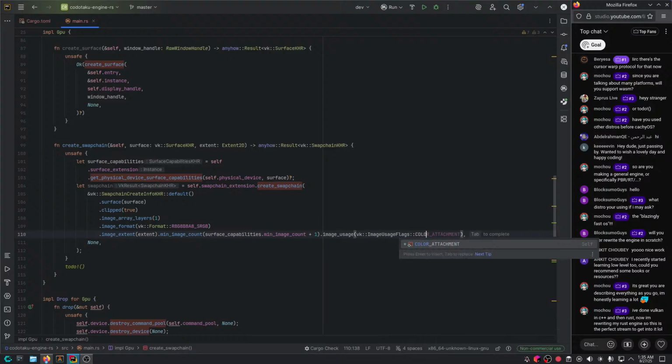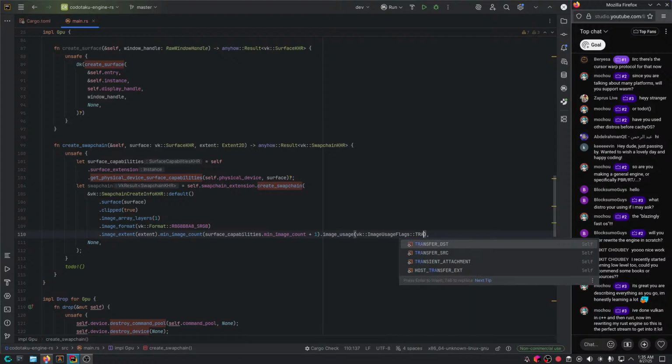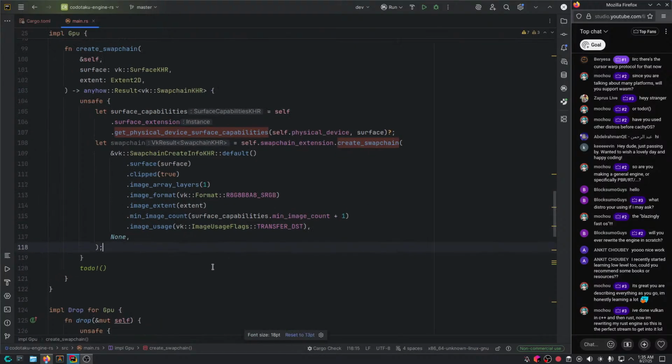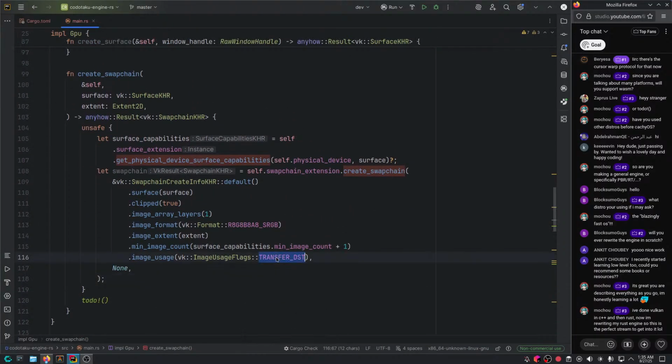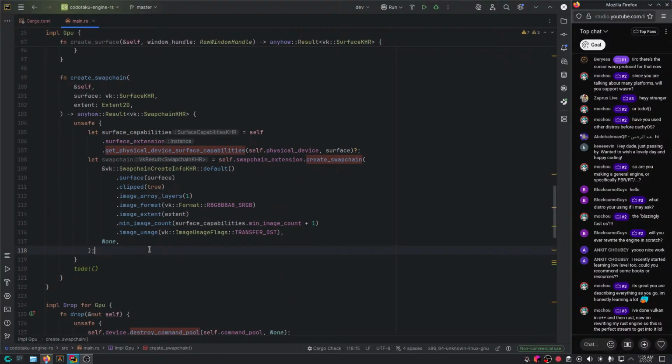So image usage flags, we want to tell Vulkan how we want to use these swap chain images. You would usually use them as color image attachments, but I'm gonna start by just clearing the window. So instead of using rendering commands, which are gonna need shaders and so on, I'm just gonna start with a transfer command that simply clears the window. So we're just gonna go with transfer DST for now. Later on, we're gonna switch this to color for the shaders and so on, for actual rendering. But we could start there, that's good.